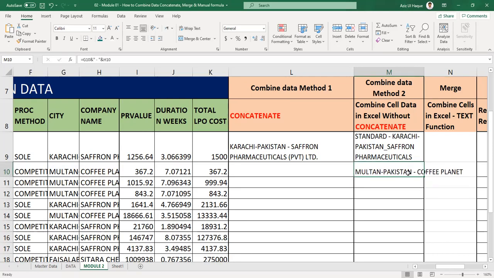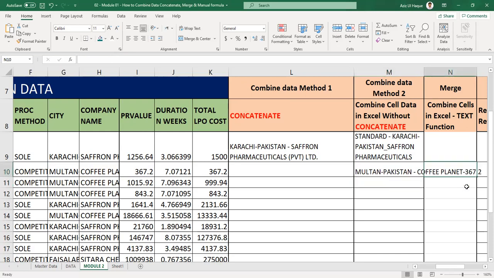It makes your data available in the cell as one, and you can enhance it if you want. You can use another ampersand, inverted commas, dash, inverted commas, and this value.